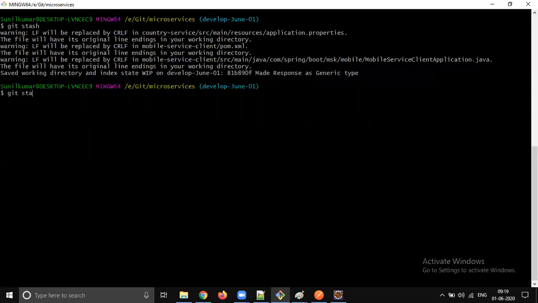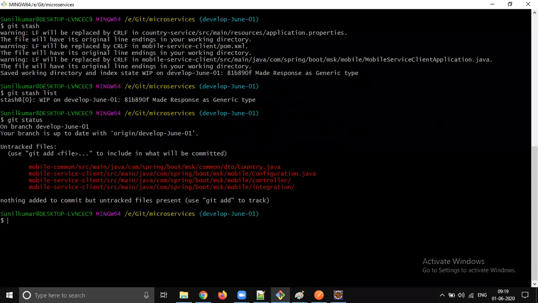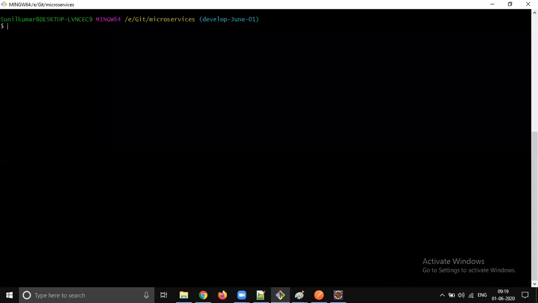Okay, so git stash list. There are a couple of files which are newly created. Let them be there, no problem. Right, let's switch back to the issue branch.